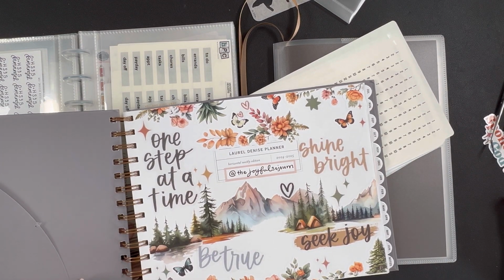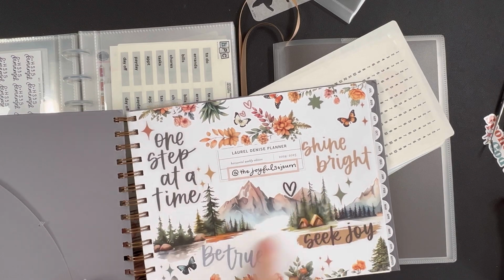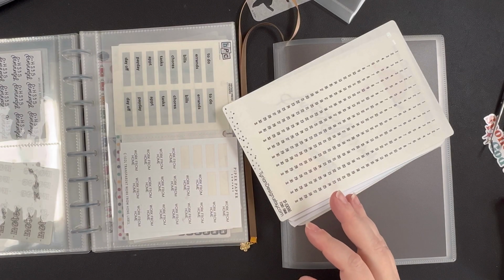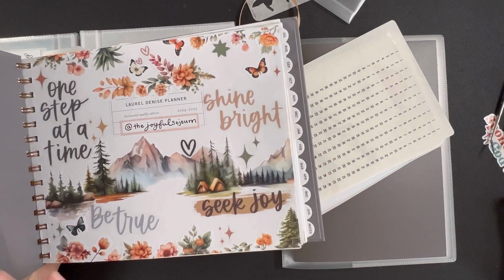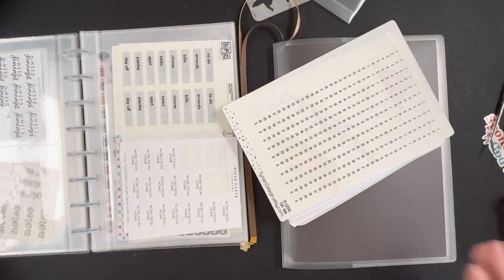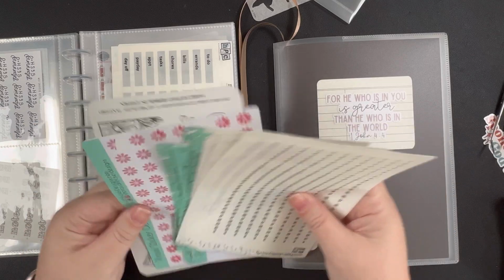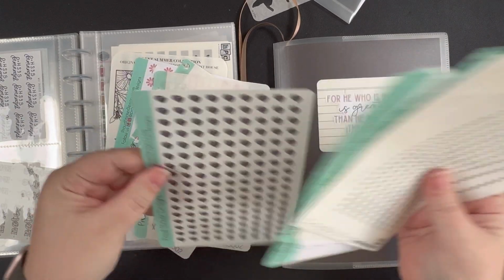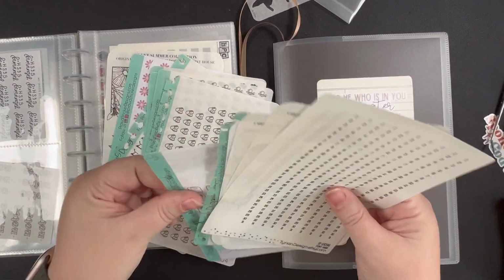I do want to do some sort of decorative. This is the kind of stuff that I'm going to do collage-y style over in my weekly spreads. I'm going to do much more collage-y stickering, stamping, stuff like that. So this guy had my health related stickers, and I was doing all things related to health and wellness, but that includes